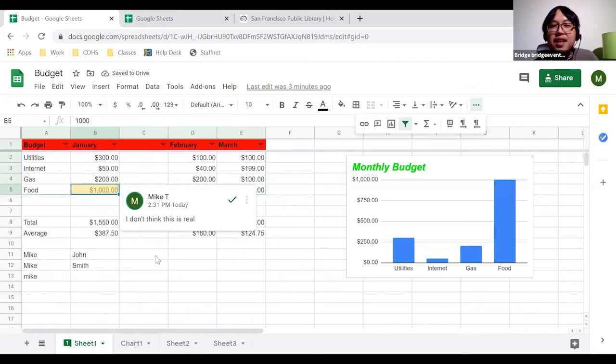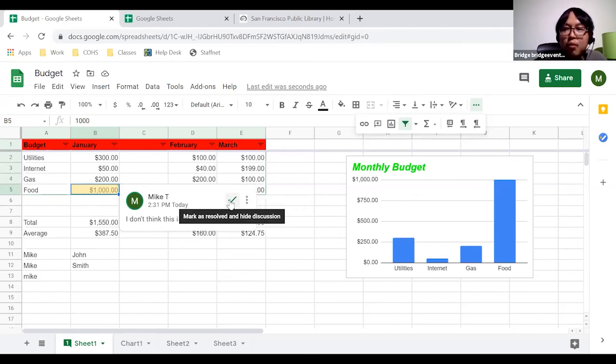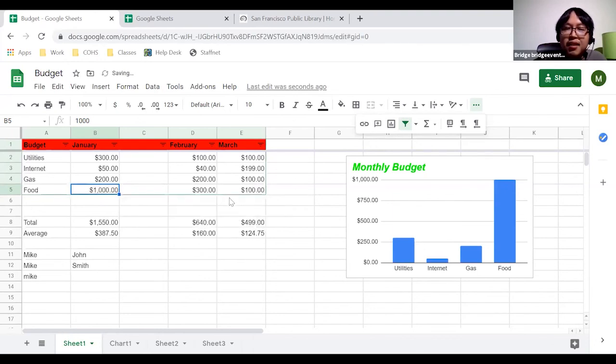Anyone that has access to this spreadsheet will take a look at it, and they could see the comment, and they could reply back, or they could just dismiss it. There's a checkmark right here, mark as resolved. So once you think anything is resolved, you hit that, and that comment will be gone. And you could check the comment history of your spreadsheet as well. If you click on the comment icon right here near the top right-hand corner, it kind of looks like a bubble with some lines in it. If you click on that,